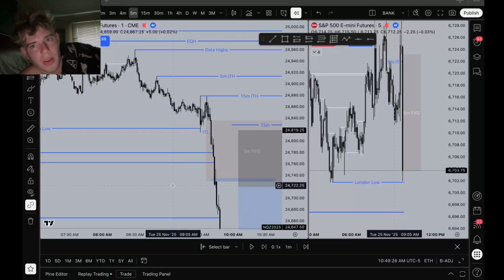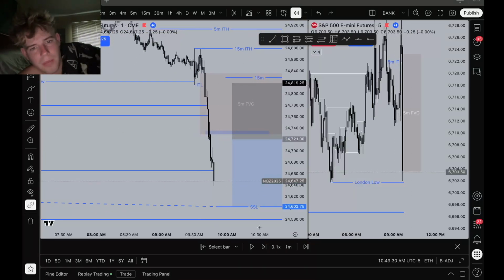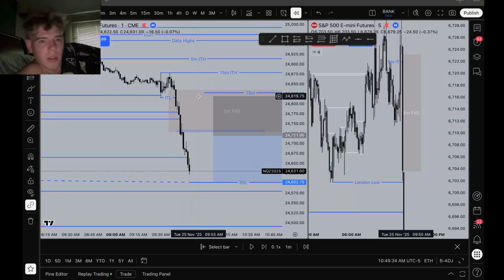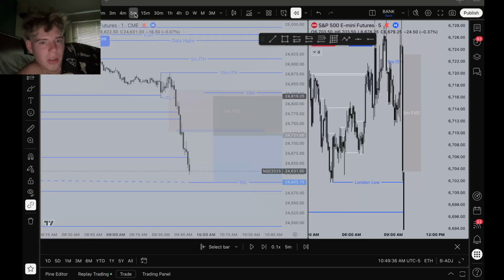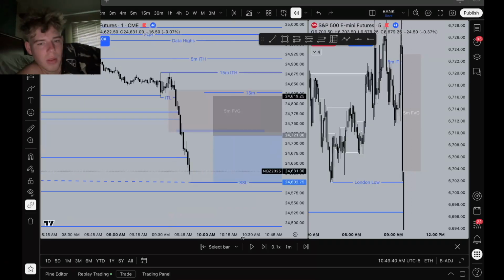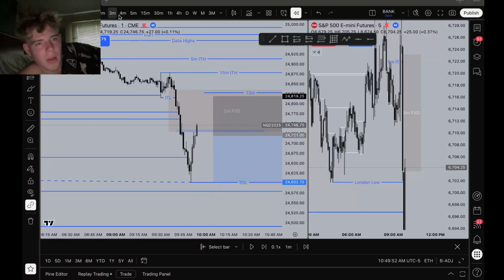So boom, here's our other 5. We just made this 5 minute right here, as you can see on the 5-minute chart. There's our 5-minute. So we'll probably put this wick right here. Yeah. So at this point in time, I wanted to see this retracement, right?